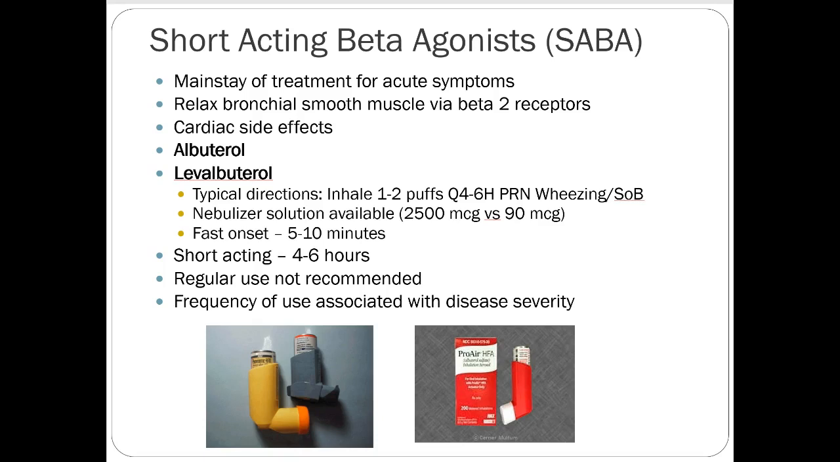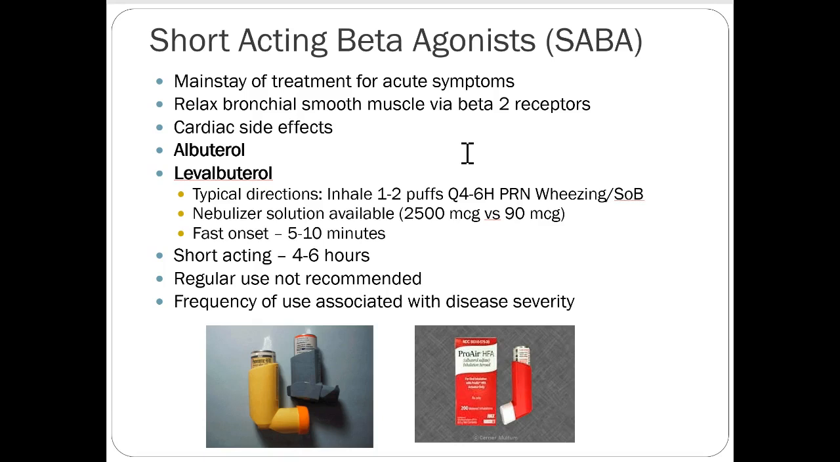There's also a nebulization solution available, which is quite concentrated compared to the inhaler. If you take a puff off of an albuterol inhaler, it's 90 micrograms. An entire neb solution is 2,500 micrograms. But a neb isn't perfect. When you nebulize something, a lot of it gets thrown out into the air. So how much you're actually breathing in is debatable, but it's certainly going to be a lot more than